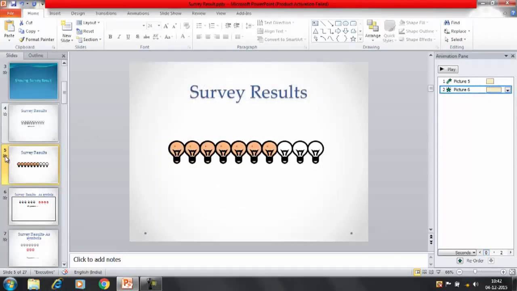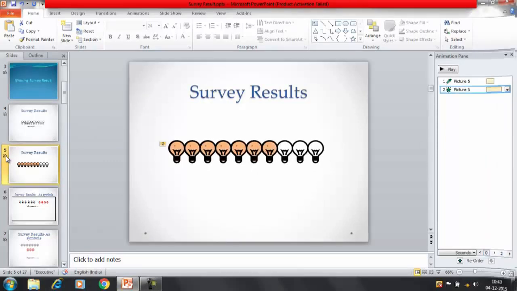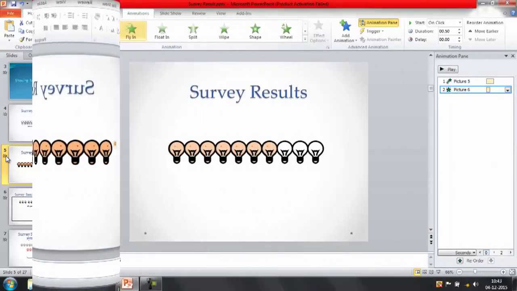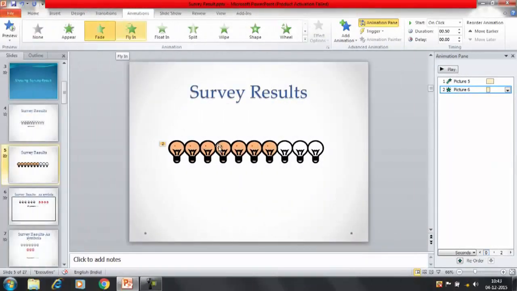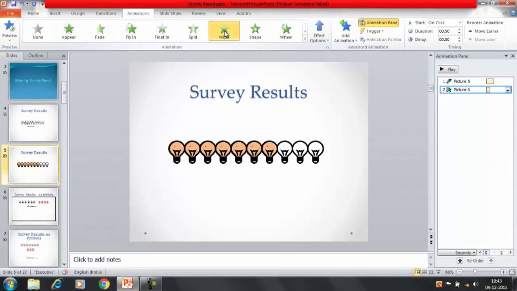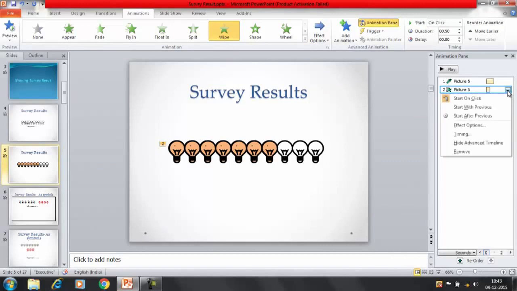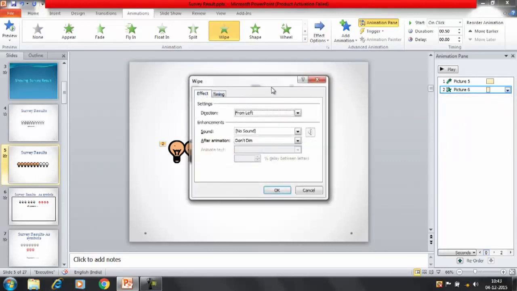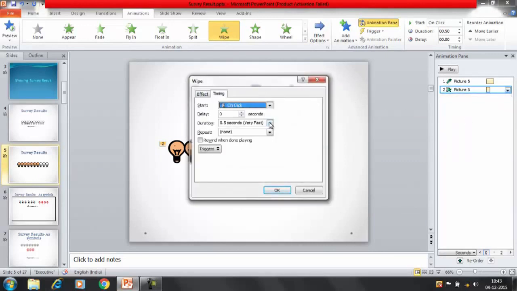Now let's see how these would light up very slowly. If you want, you can apply the other effect also, like suppose wipe, and under the effect option from left you can select this way, and again let's try to increase the timing, medium.